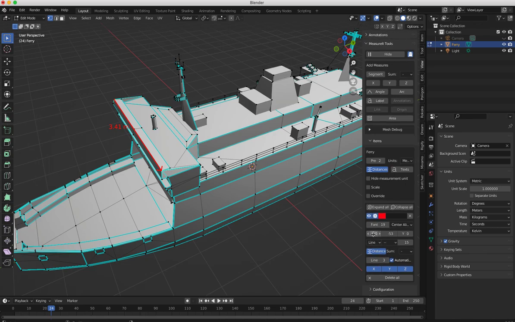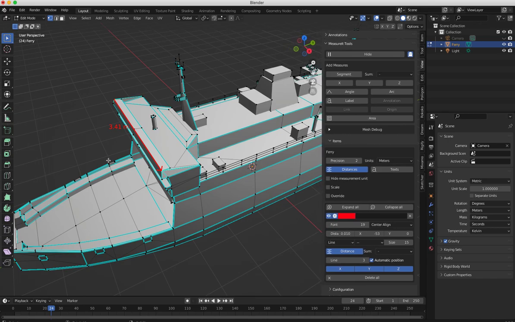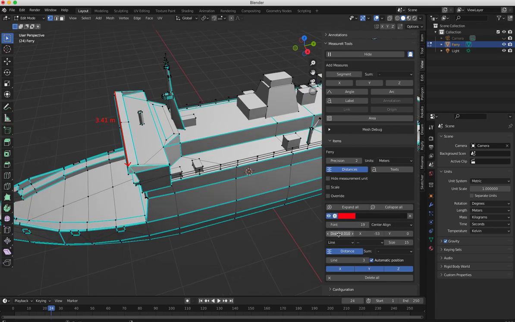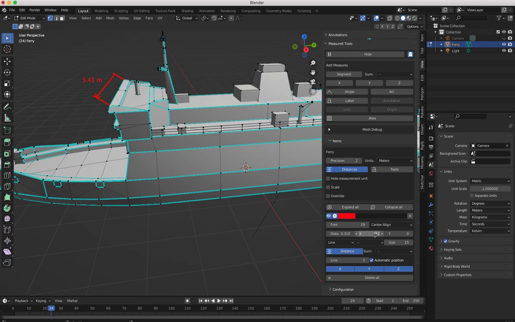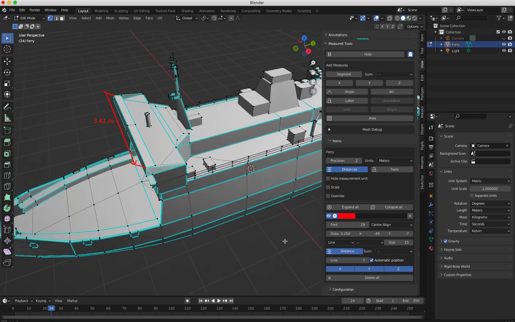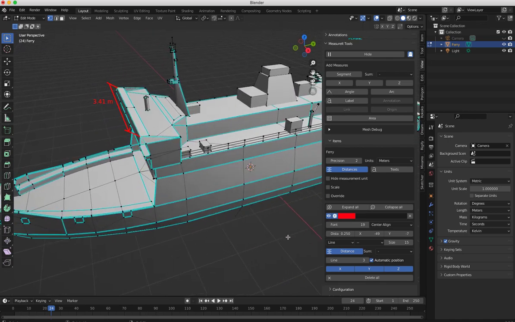And I can also, if I just expand this here a bit more so you can see better, decide the distance. So I can put the distance that way. That's the distance of my text in X and Y. And the distance, how far you want the measurement line from the edge,